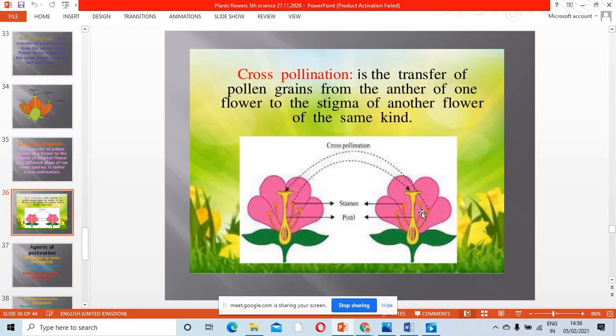This is self-explanatory. Okay. See how the pollen grains get transferred from this anther to this stigma, and then from this anther to this stigma. So this is a cross between two flowers, but they are of the same species. So this is cross-pollination. So today we have learned mainly about the parts of the flower and about pollination. Okay. Next we will move on to